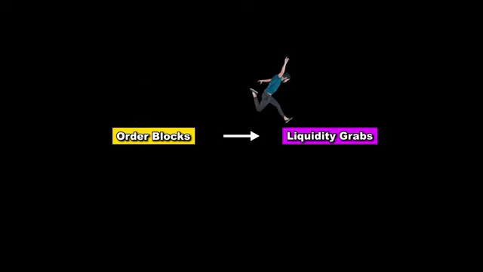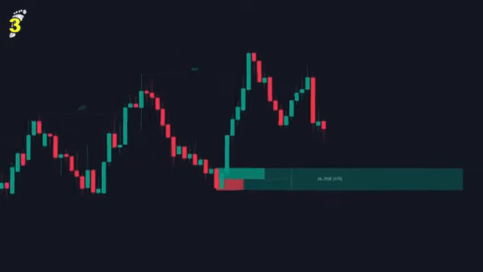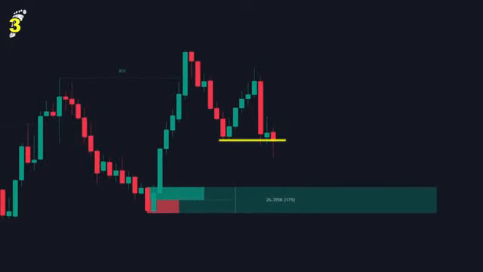Next, we move on to step 3, which is finding a liquidity level below that order block. Here we can see multiple wicks rejecting this level, making it an area of liquidity. This makes it a target for a liquidity sweep. The Price Action Toolkit can automatically identify these liquidity grabs. When you apply it to the chart, you'll notice green circles appearing. These represent bullish liquidity grabs.